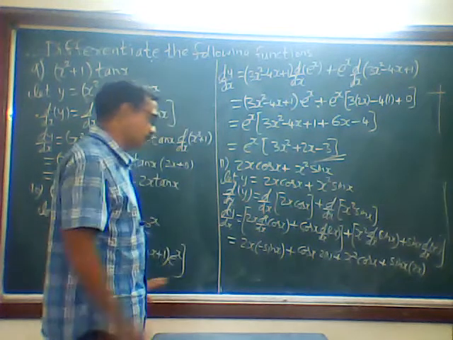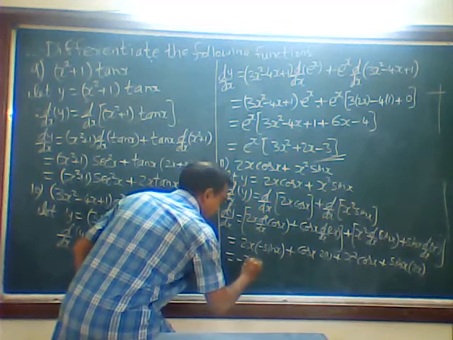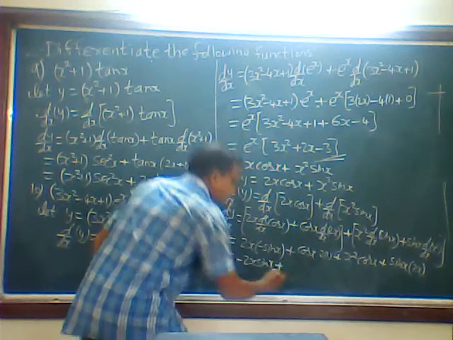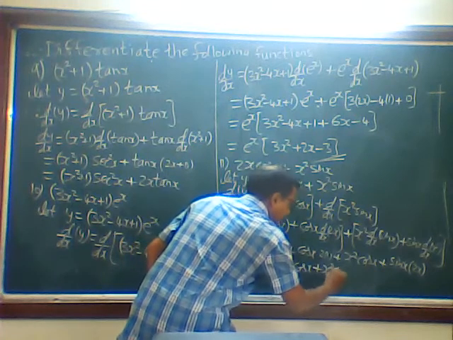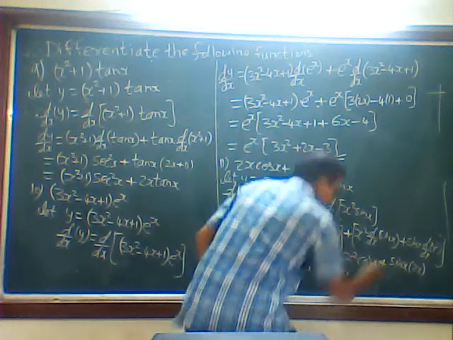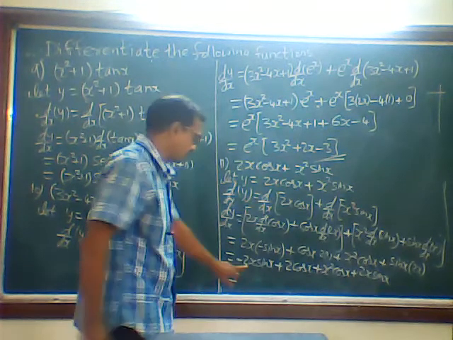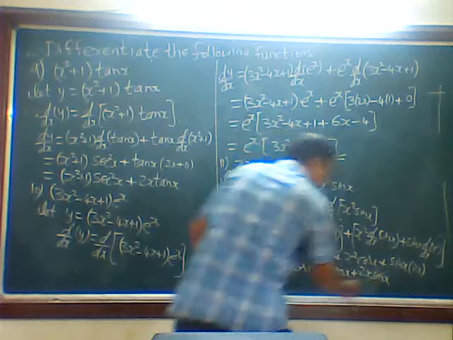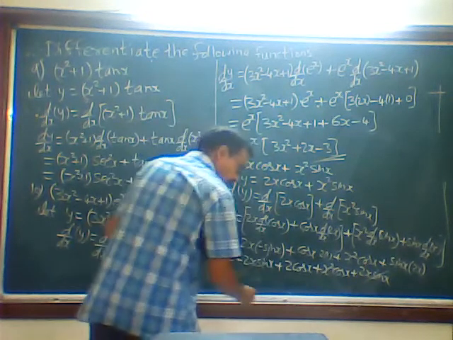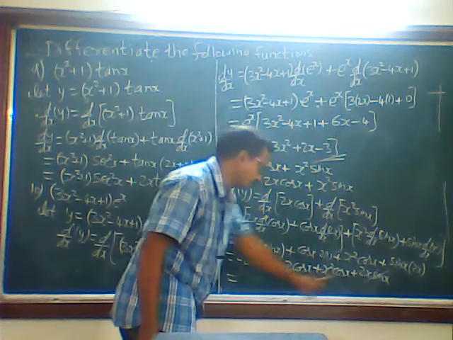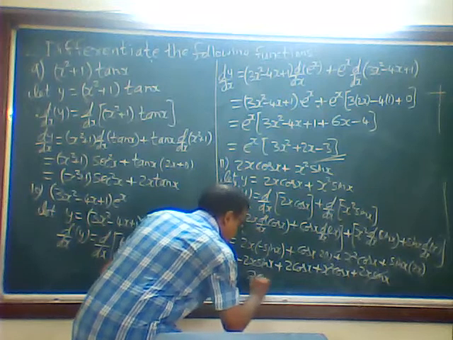Now what we will do, we will multiply and rewrite it again. Here minus 2x sin x plus 2 into cos x, plus x square cos x, then plus 2x sin x, is equal to minus 2x sin x plus 2x sin x will get cancelled. So we are left with 2 cos x plus x square cos x. If you want, you can take cos x also common, you can write in the bracket 2 plus x square. Instead of that, we will write as it is, 2 cos x.